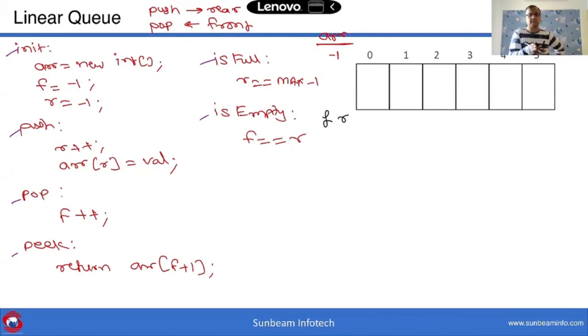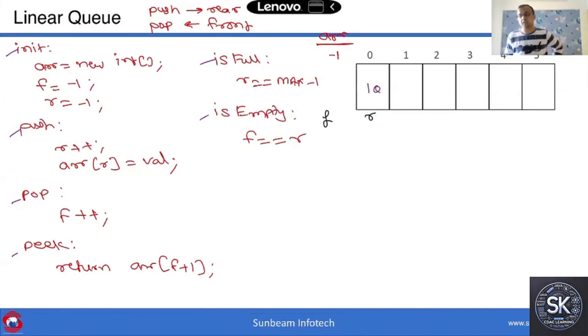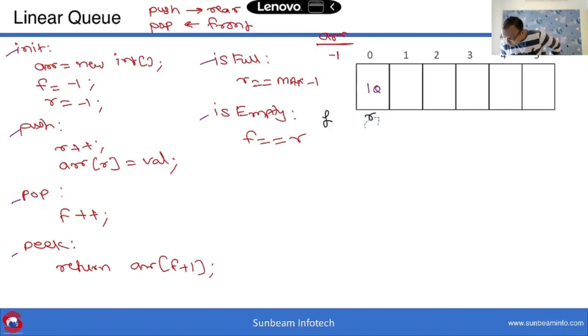बोलो फिर से एक बार, कोड आपके सामने ही है, क्विक रिवीजन चल रहा है। I want to add the element. How to add the element? Go ahead, rear को प्लस प्लस करो, you add the element, very good. I want to add one more element. Go ahead, again rear को प्लस प्लस करो, you add the element there. आपको और एक एलिमेंट ऐड करना है, यू कंटिन्यू फर्दर, रेयर प्लस प्लस, यू ऐड द एलिमेंट, और एक एलिमेंट ऐड करना है, रेयर प्लस प्लस, एंड बस बहुत हो गए। सो आई हैव एडेड 4 एलिमेंट्स।